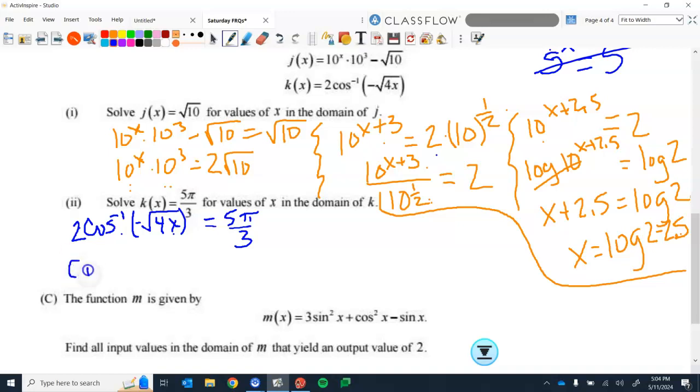So this is going to give me the cosine inverse of negative square root of 4x. And when I divide by 2, it is the same thing as multiplying by 1/2. So this gives me 5 pi sixths. All right. Now I need to get rid of the cosine inverse. The inverse of cosine inverse is cosine. So I'm going to take the cosine of both sides. Okay? So the cosine of the cosine inverse, they inverse each other out. And this gives me negative square root of 4x